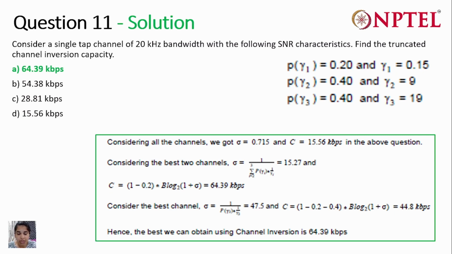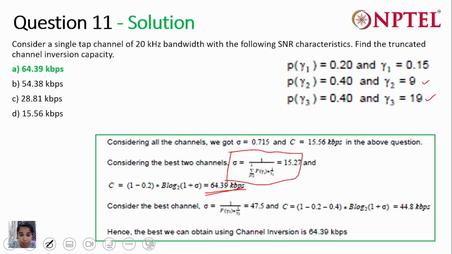Now, for truncated channel inversion, we consider only good channels and eliminate the bad channels. So sigma now we are finding with only the second and the third channel. Now sigma comes out to be 15.27